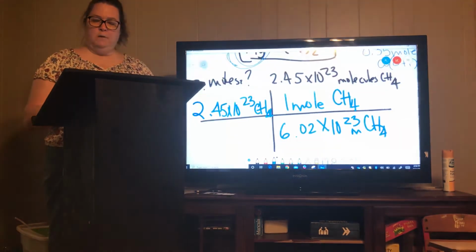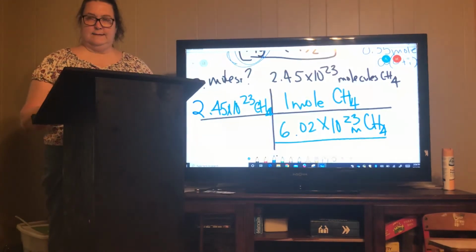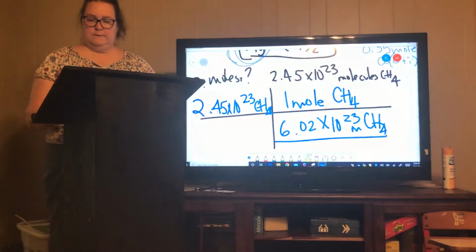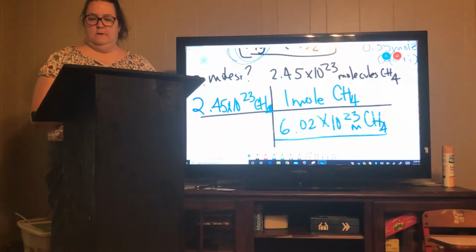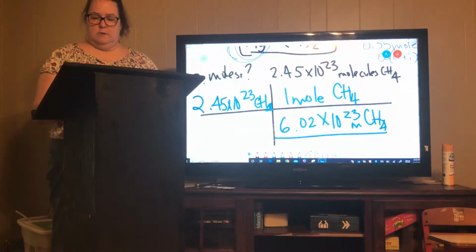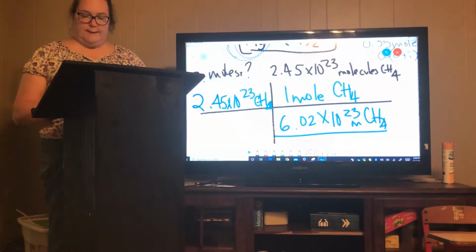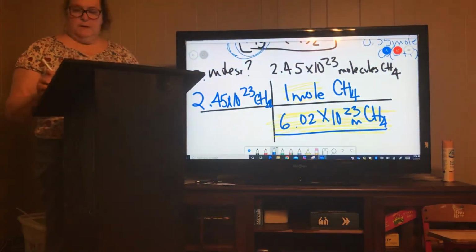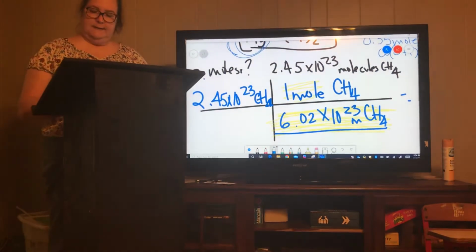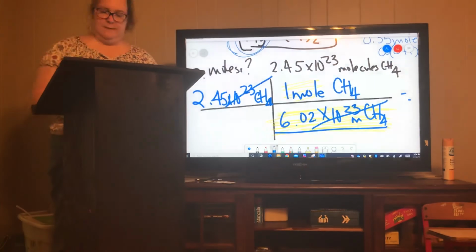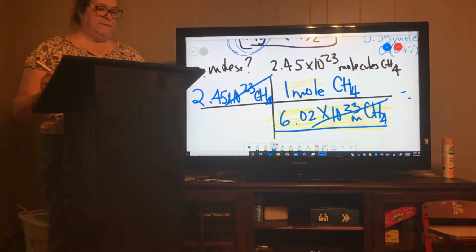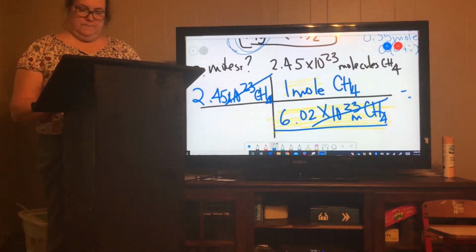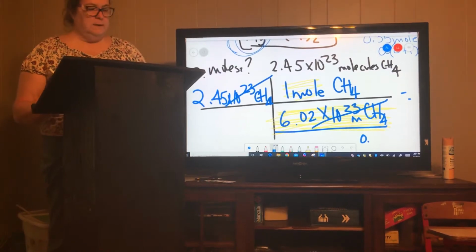Okay, 1 mole of this is always this. This is really important right here. 1 mole is always this, no matter what it is. So if I plug and chug that in, this cancels out, this cancels out. So 2.45 divided by 6.02, I get 0.41